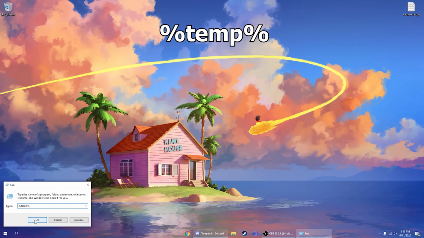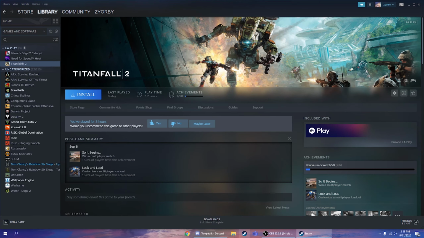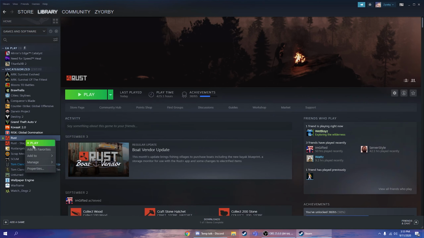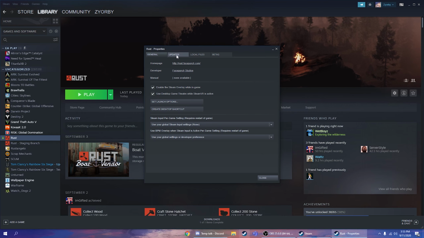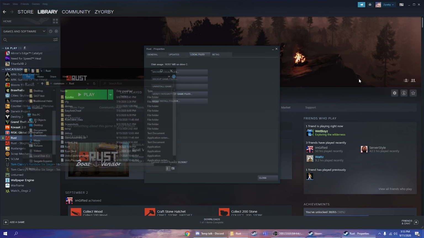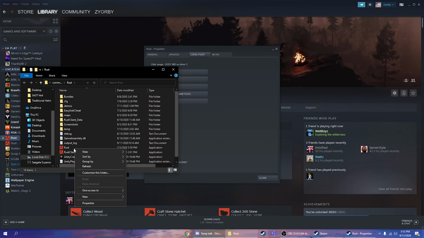Now we're gonna go and optimize our Rust. So we're gonna go into Steam, go to your library. You wanna right click on Rust, you wanna go to Properties, Local Files, Browse Local Files. You want to right click on Rust,